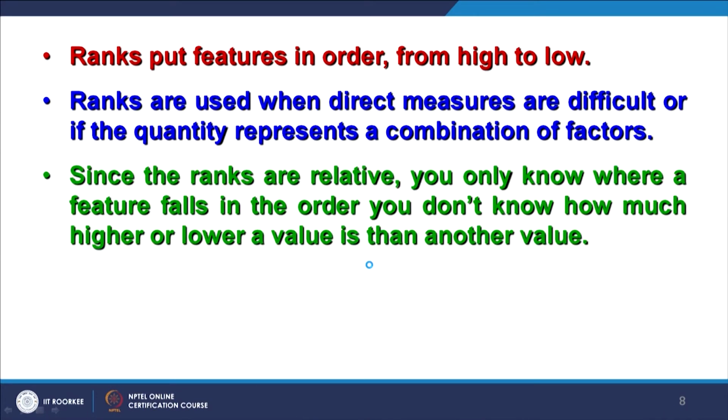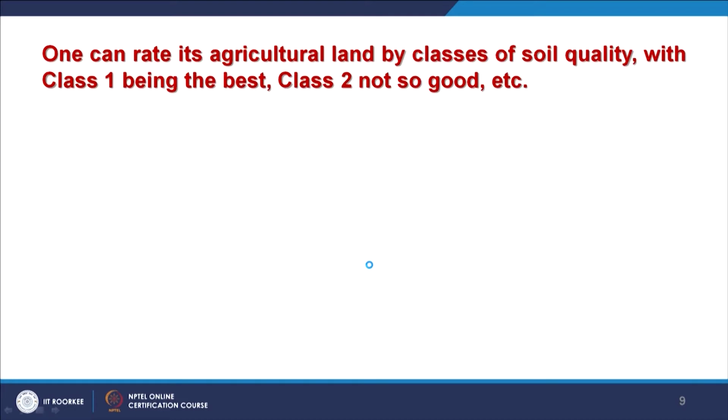And ranks are relative, like in the JEE examination we also use the rank. So these are relative. The first rank holder has a higher position than the second, and the second has a lower position than the first, but a higher position than the third. So it is in a relative sense, but as soon as I say ranks, that means it has an inherent order. And if a number is given, then we can decide how much higher and how much lower. If the number is not given, then it sometimes becomes difficult.